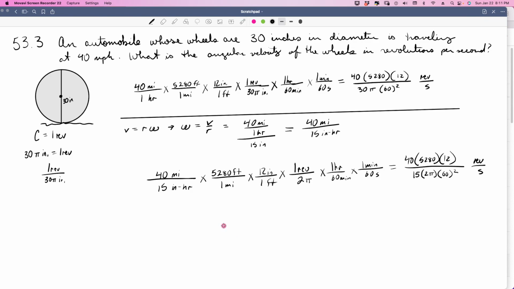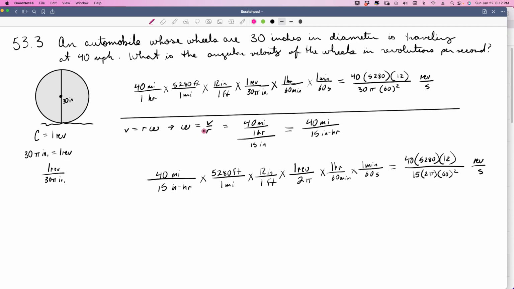So this is our second example problem. It says an automobile whose wheels are 30 inches in diameter is traveling at 40 miles per hour. What is the angular velocity of the wheels in revolutions per second? So here's the way I solved it, given how I know to figure it out, not necessarily using their equation